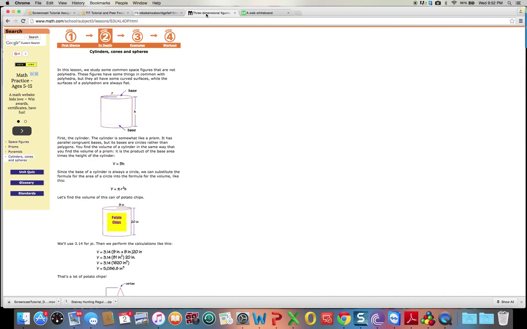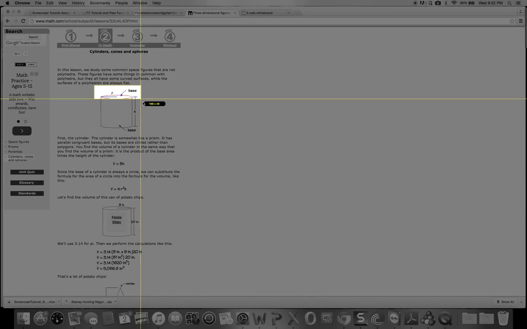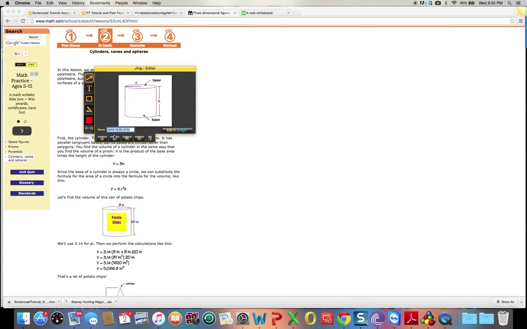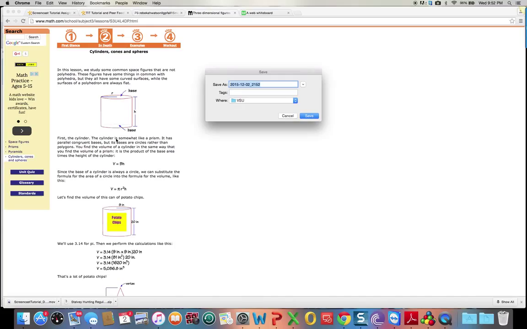Volume is the measure of a three-dimensional object to tell you how much that object will hold. Today, we are going to focus on three objects: a cylinder, a cone, and a sphere. Now, with our cone,